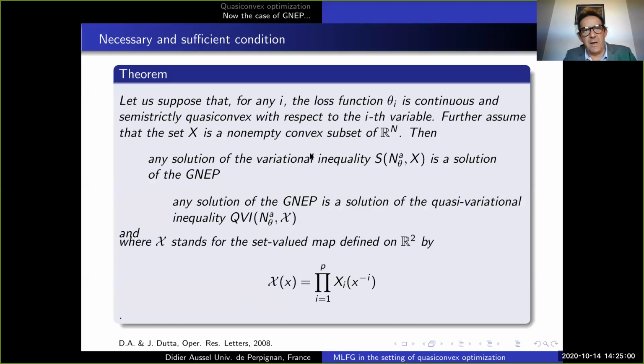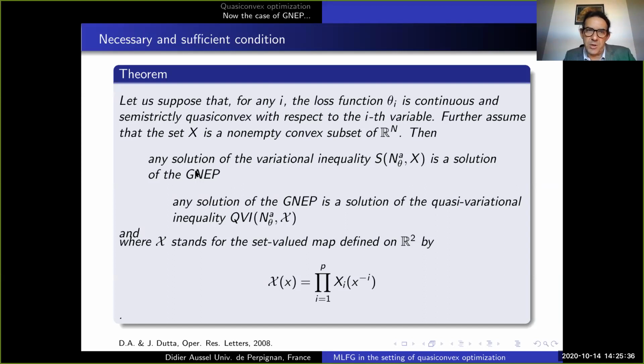We are assuming here what is called the Rosen law. The Rosen law says that actually your X_i of x minus i are given by the set of x_i such that x_i, x minus i are in a big X, that I call the big potatoes. So actually the X_i of x minus i are slices of these big potatoes. And if you assume that the big X is non-empty and convex, so under the Rosen law, again, so it's a GNAP under the Rosen law,